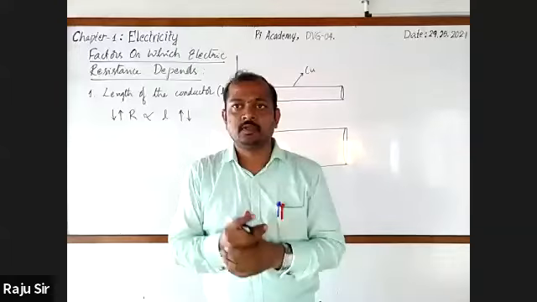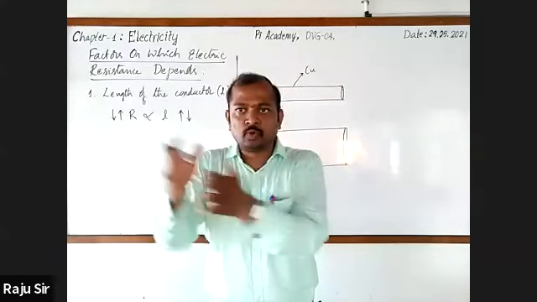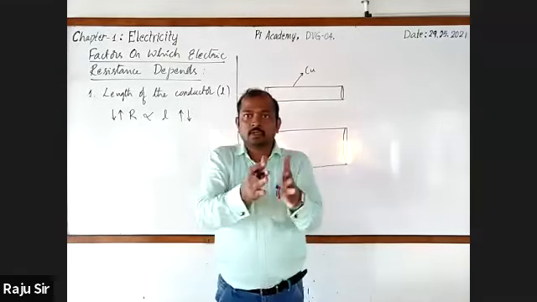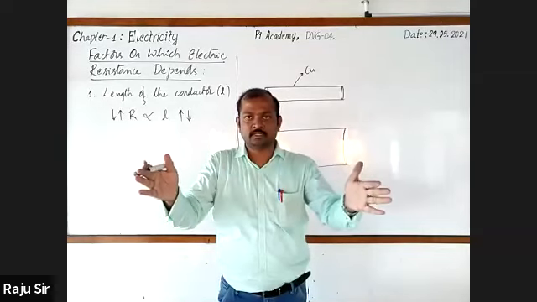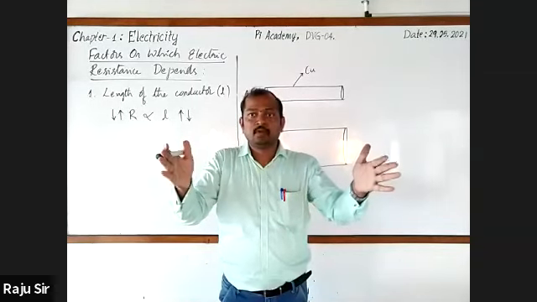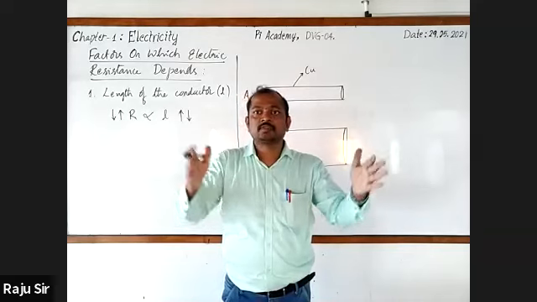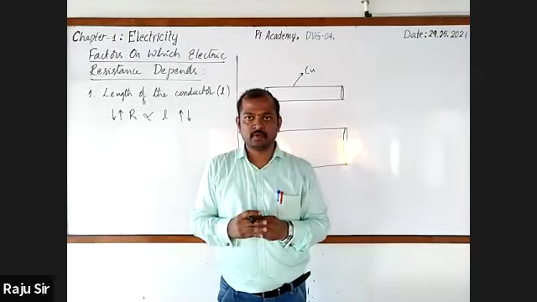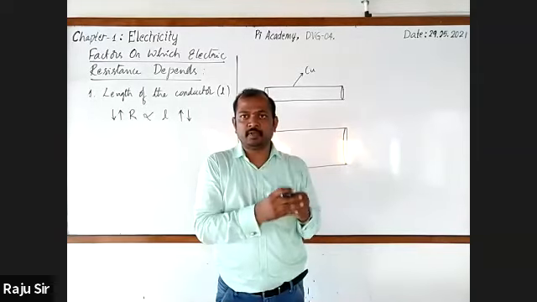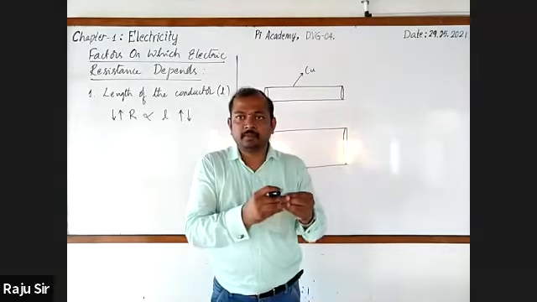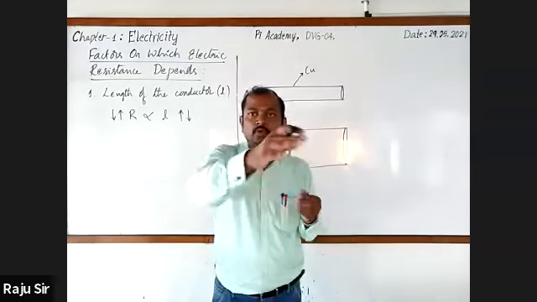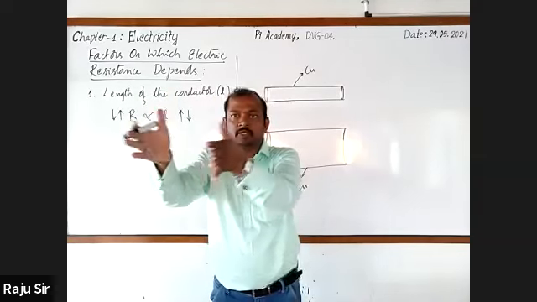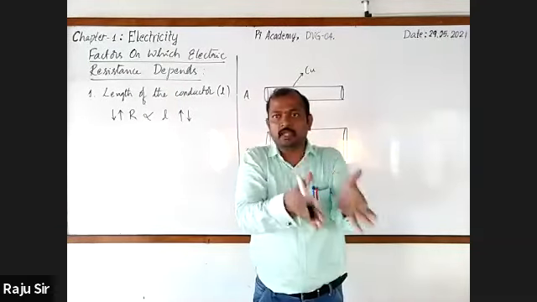Just listen. Assume that there are two roads. The width of one road is just 5 meters. The second road is 8 meters. Got it? And assume that around 100 people are allowed to move in both the roads. The first one is a narrow road, 5 meters, and the other one is 7 or 8 meters.